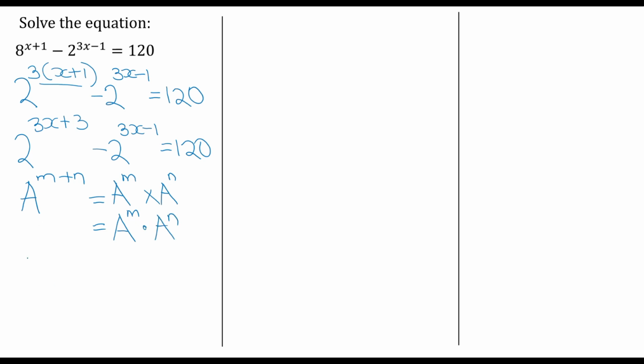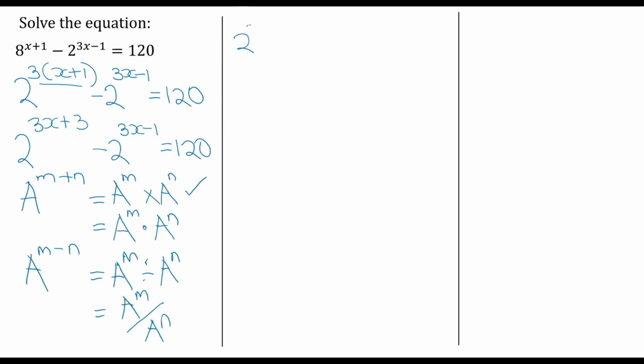Another important principle of indices that we are going to use is a to power m minus n is equal to a to power m divided by a to power n, or a to power m over a to power n. Now, in this particular section, we'll start with this first principle of indices, and we write as follows: